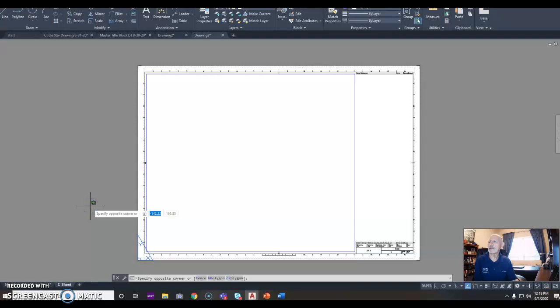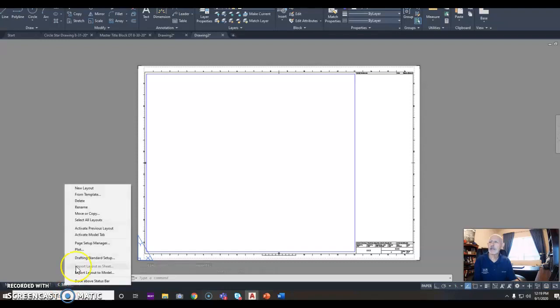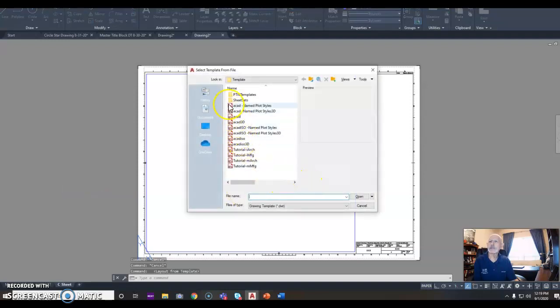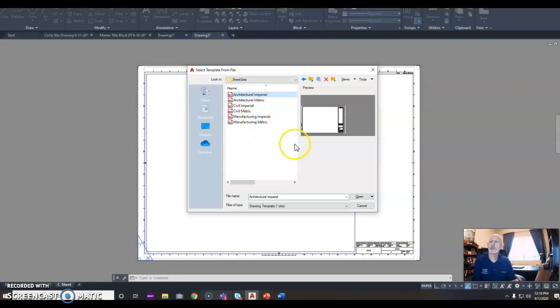And then left click out of that, and then we're going to follow almost the same process for our D sheet. Left click, make sure you're on the last tab there, and then right click again, go to From Template, and then this time we're going to go to Sheet Sets, file. Open that up, double click on that, and Architectural Imperial, and that's the one we want, Architectural Imperial, and then